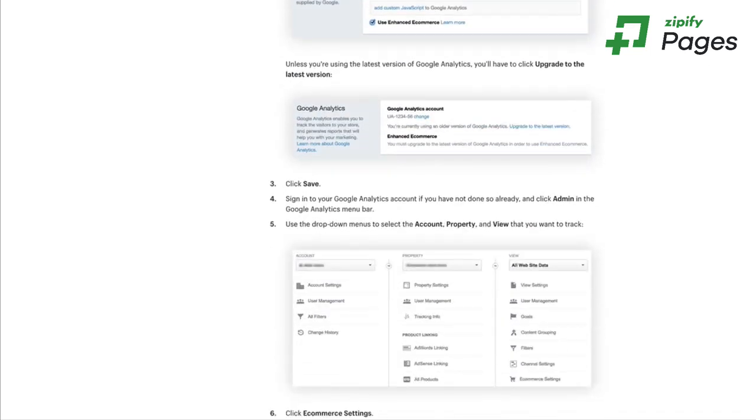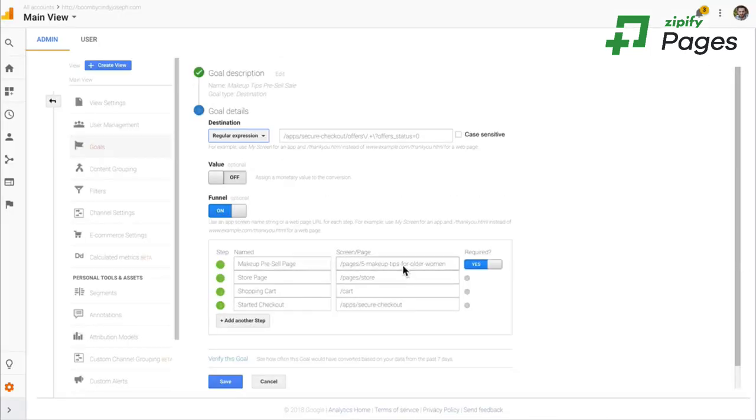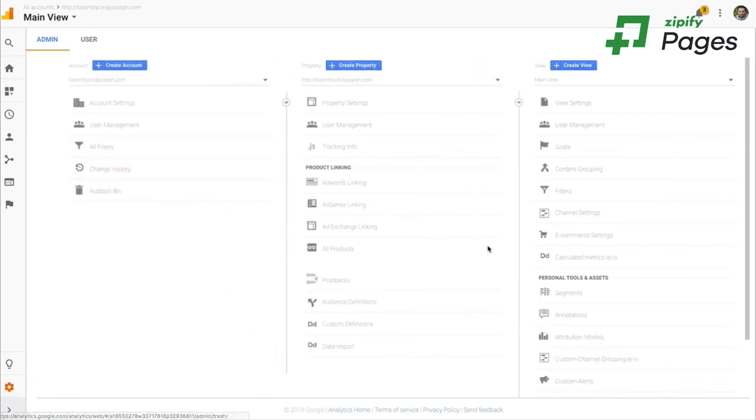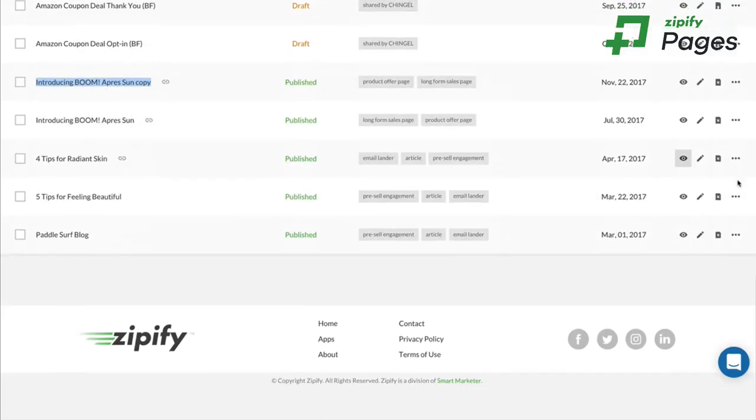But basically what you would do is you would set up your normal goal and then you would literally just add whatever the pre-sale page, or whatever several pages you wanted people to go through, up here at the top, make them required, and then have your purchase goal below that and have the destination be the post-purchase thank you page. And now you've got any number of funnels that you could visualize and see where people are dropping off using your Zipify Pages in your sales process,